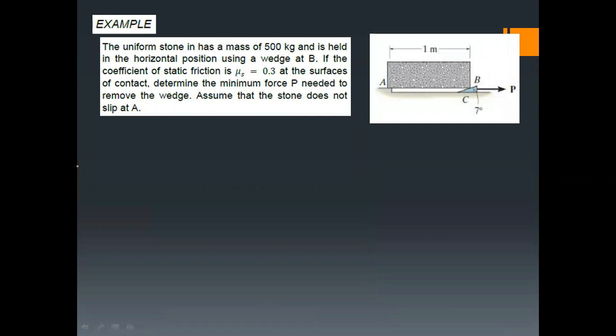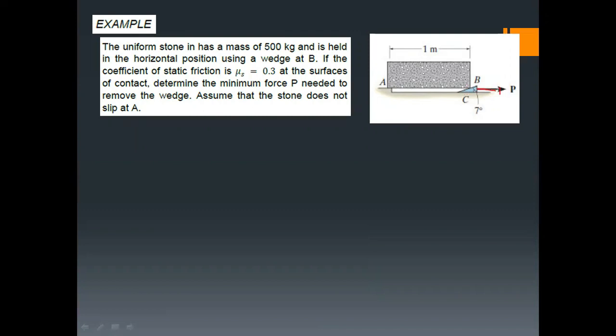And then, we have an example here, the uniform stone. It has a mass of 500 kilograms and is held in the horizontal position using a wedge at P. So, if the coefficient of static friction is 0.3 at the surface of contact, determine the minimum force P needed to remove the wedge. Assume that the stone does not slip at A. Okay, so it won't slip there. It won't come off. So, we'll look at what force is required when